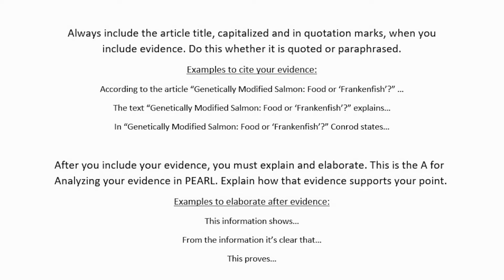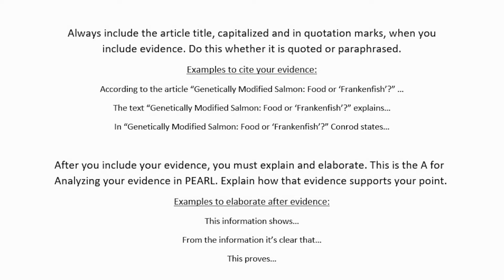Okay, if I'm a lawyer, I can't just go slap a knife on the judge's desk and walk right out of there. I need to explain this. I need to say where I find it. How does this prove my point? How does this prove that Mr. B is the criminal, to put him away for life? I need to explain my evidence thoroughly. So if I'm trying to understand you, Mr. Powers, evidence comes directly from the article I read, and the analysis is sort of my opinion about the evidence. Yeah, you explaining that evidence, connecting it to your topic. That's correct. Gotcha. And we have some ways to help you do that. And we're going to show you some examples of ways to cite your evidence and how you can explain that.